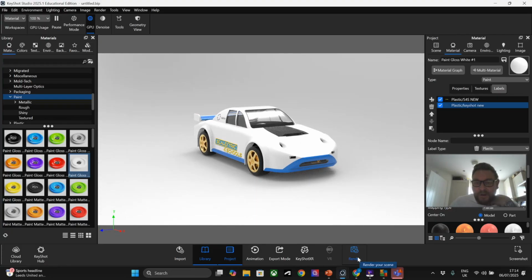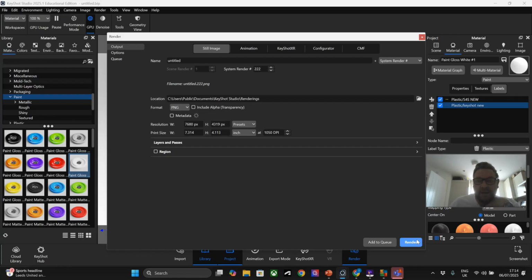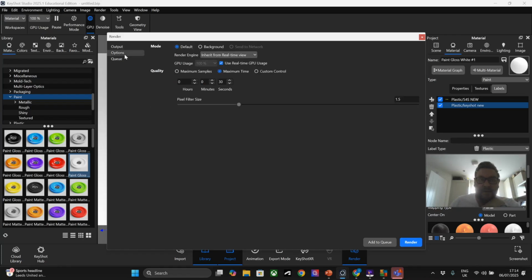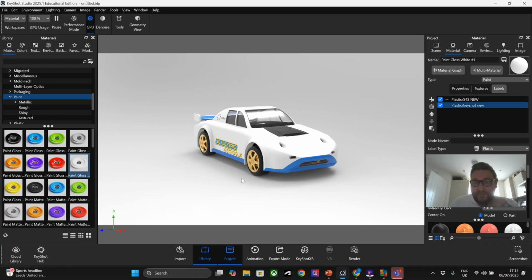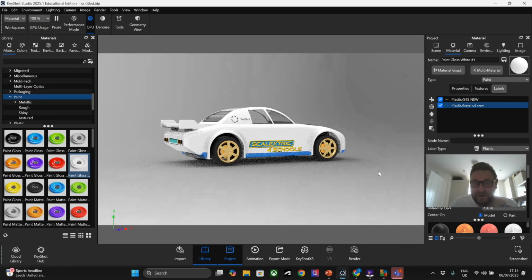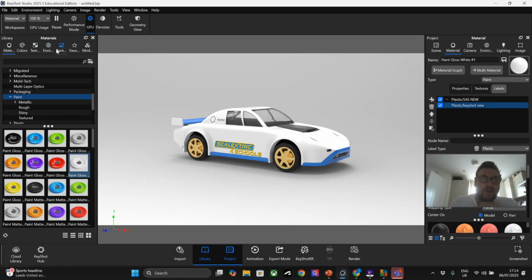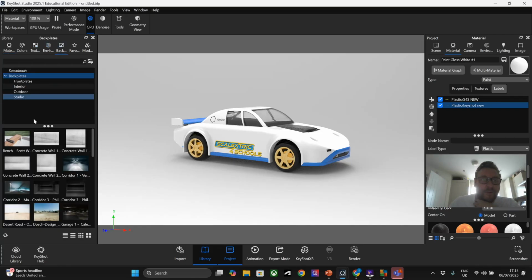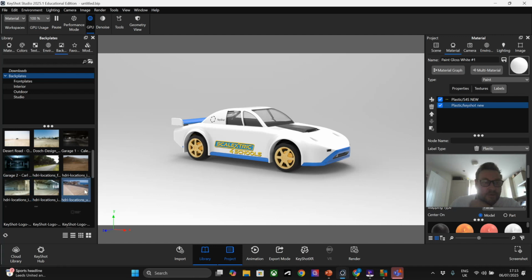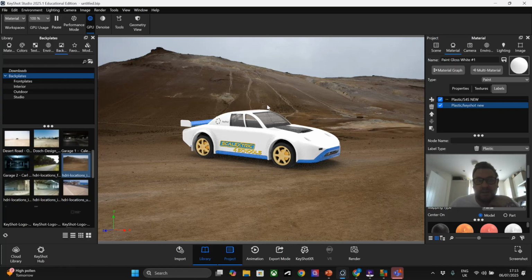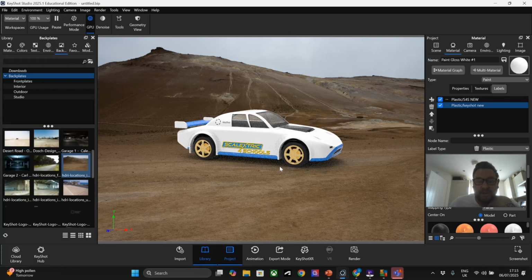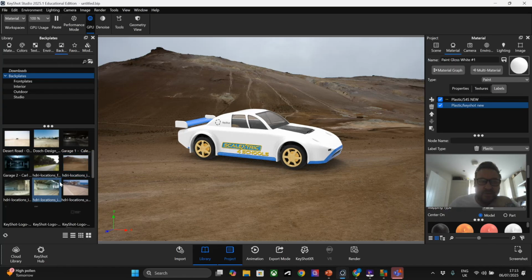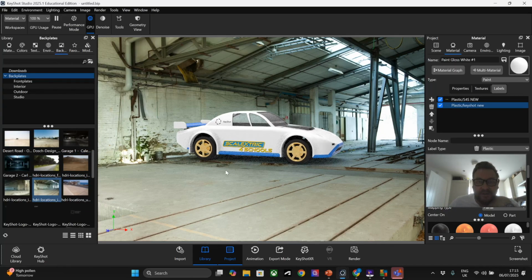And then what we do at the bottom here, to get your render, you click render. You can muck about with your options, so you can say you want it to be a 5-minute render, an hour render, etc. We can do animation, so we could have the thing rendering as it spins round. I'm not going to go into them now, but you have got things like backplates, so you can put your car into different locations and see how it looks in them. And then of course these have all got their own different lighting